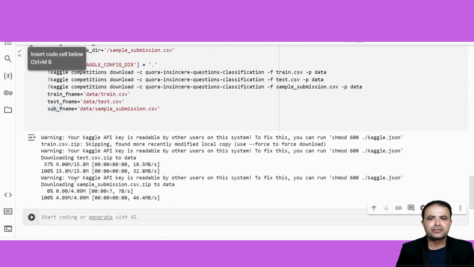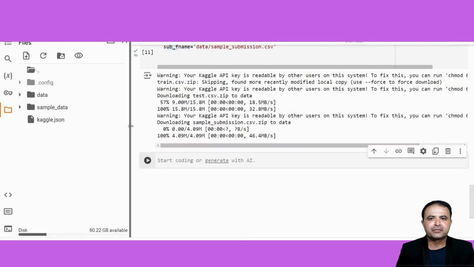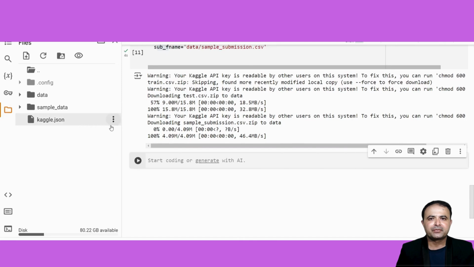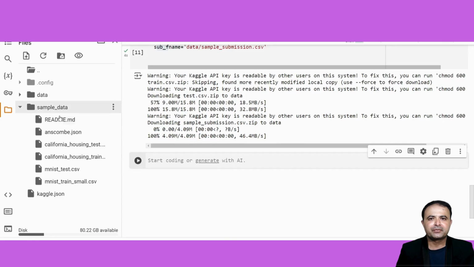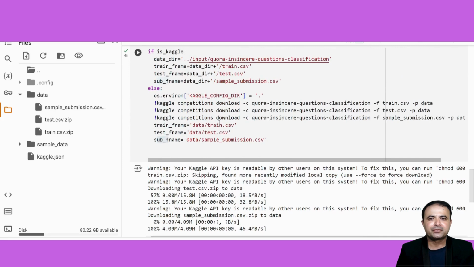I have successfully loaded all these files. You can see here, the sample dataset. All the sample datasets are there. Inside the data, you can see the three files are there because I gave it the name data. So once you have successfully loaded the data,